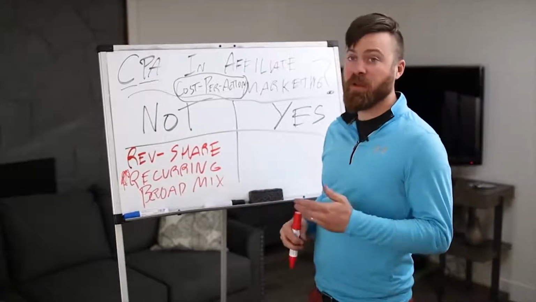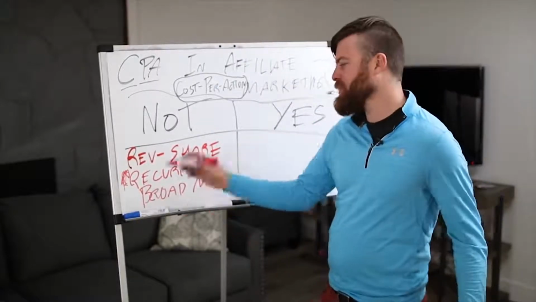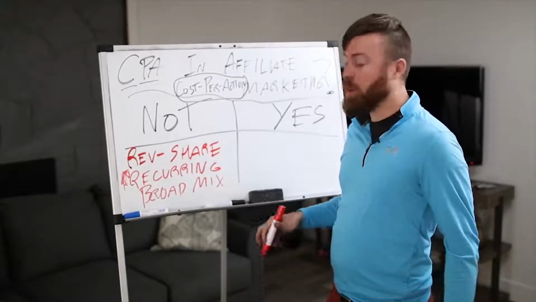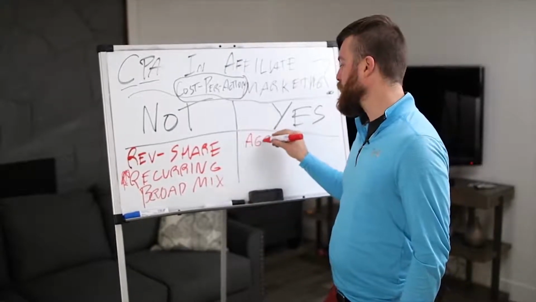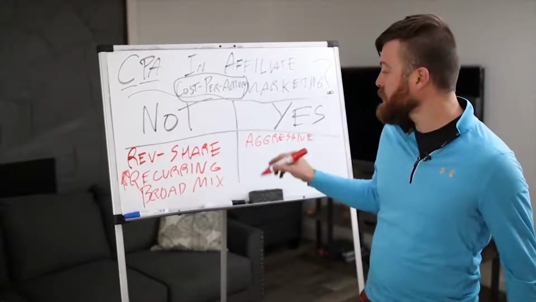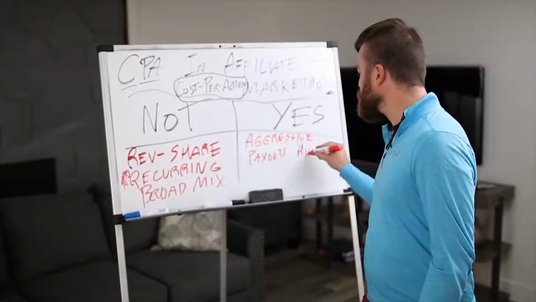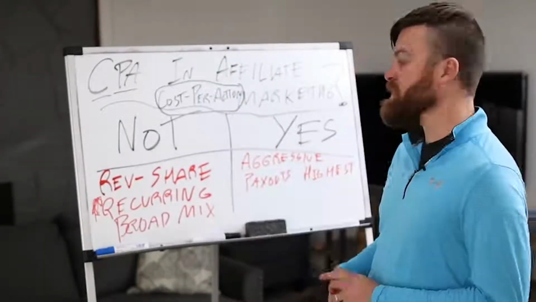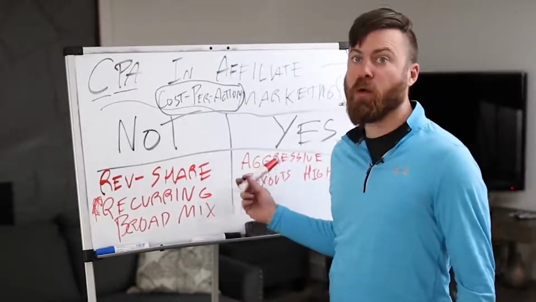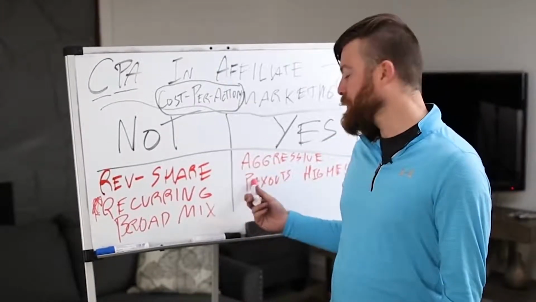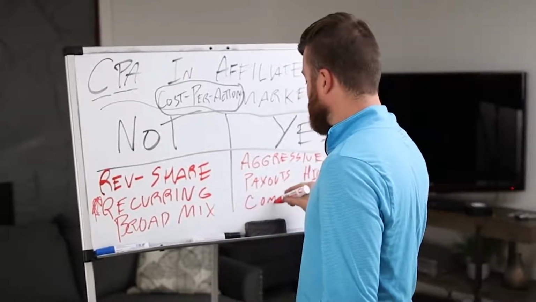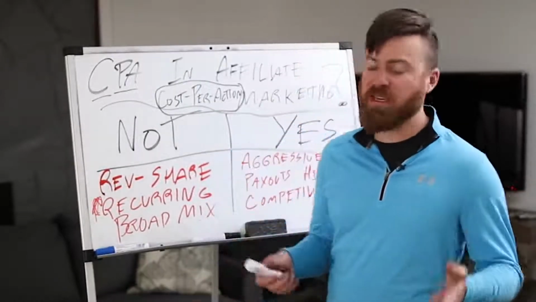But let's talk about what CPA offers are in affiliate marketing, because right now it sounds kind of bad, right? You don't get that recurring commission. CPA offers are, by and large, the most aggressive, okay? They're definitely the most aggressive offers out there, and the payouts are the highest, generally. There's also a lot more scam products in the CPA world because they're marketed so aggressively and the payouts are so high. It's also a very competitive space. It's got its good things and its bad things.